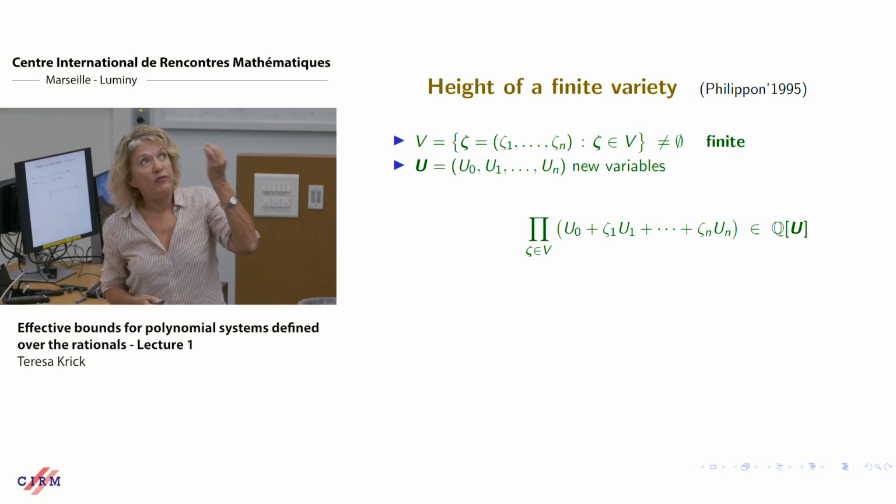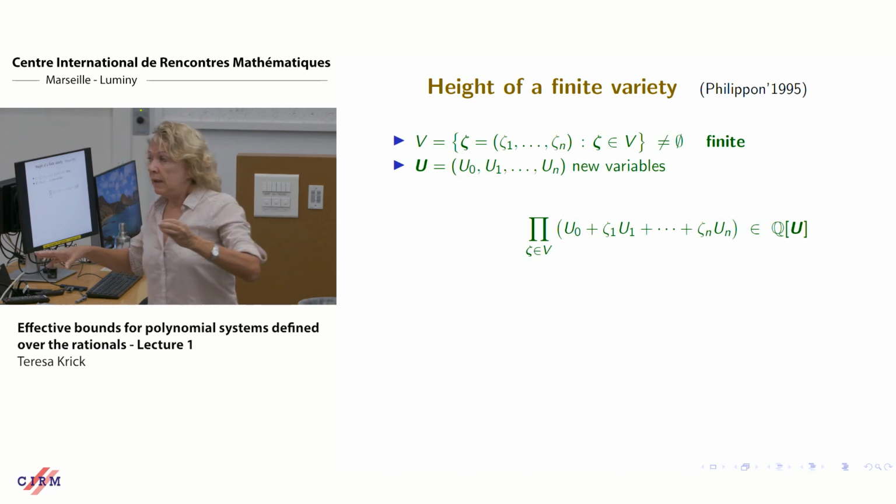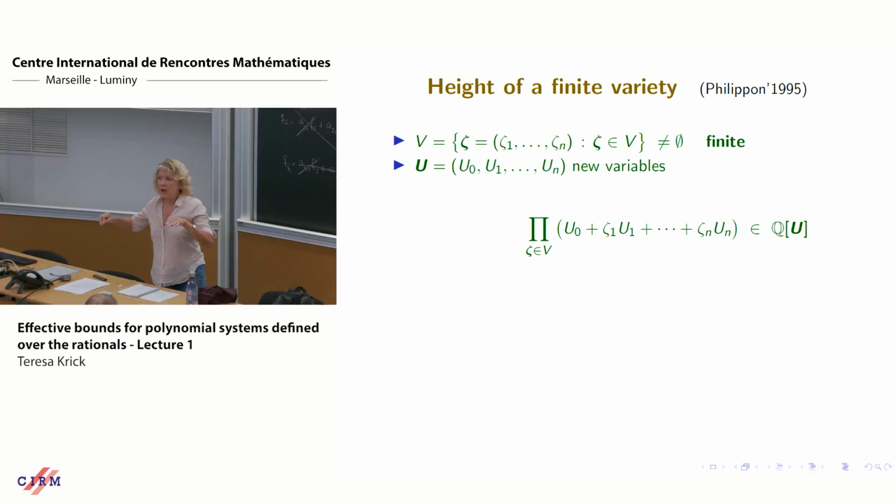What is its feature? Its feature is that this is a polynomial which detects when a hyperplane meets one of the points of my variety. So normally, if you have a finite number of points, almost any choice of hyperplane won't meet any point. So these are very special. This defines the hyperplanes which meet one of the points of my variety.